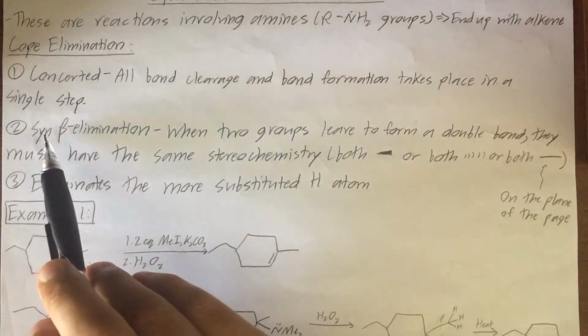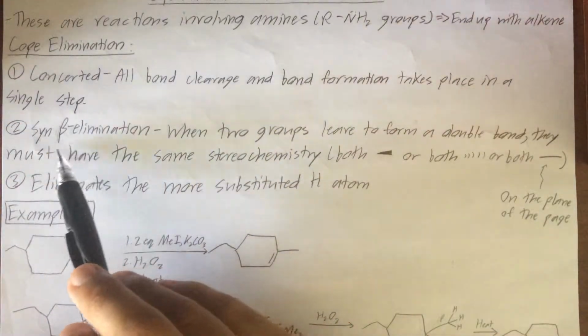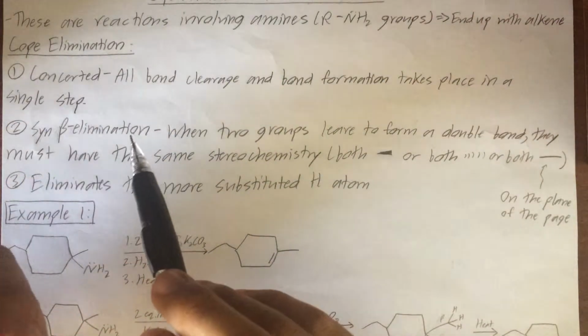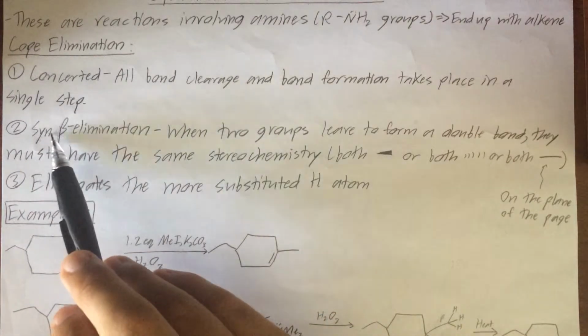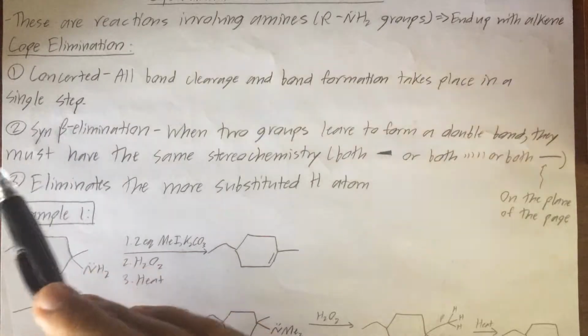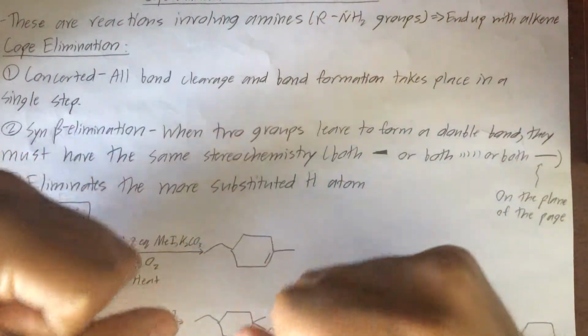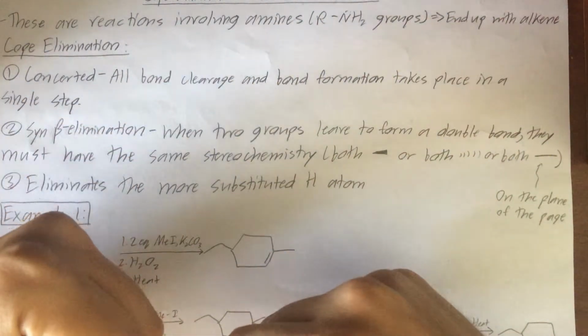Okay, you have to worry about both of these parts. When there's no stereochemistry defined, only worry about beta. When you do have stereochemistry defined, you have to worry about syn and beta. So we're going to get to beta soon with our examples. So what is syn? Well, basically